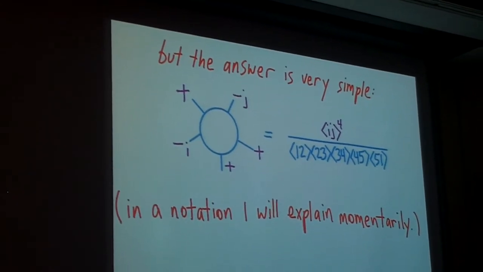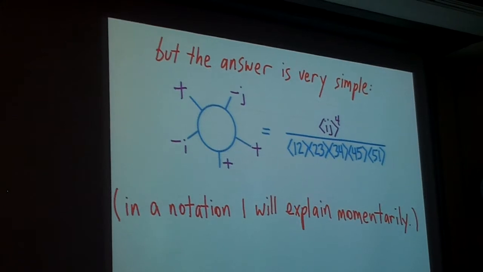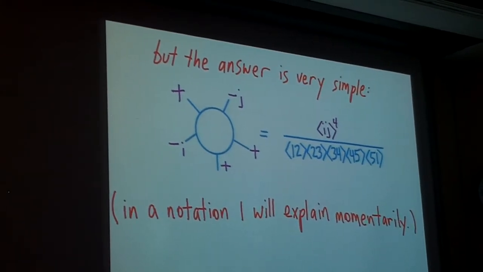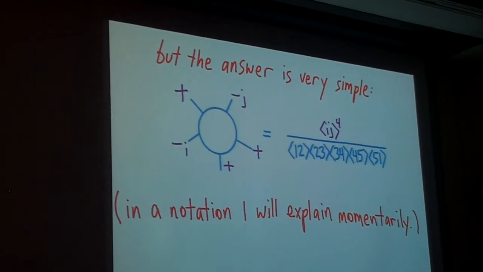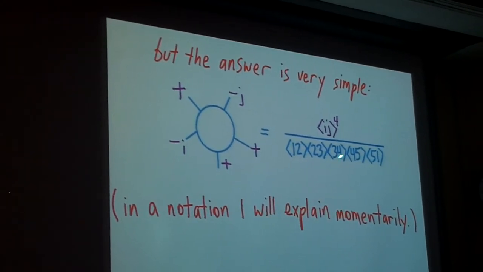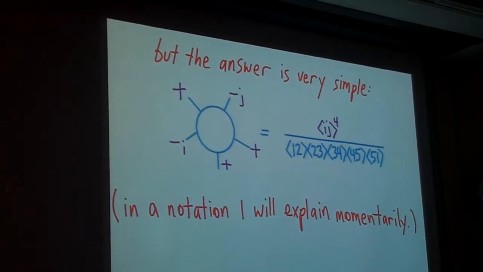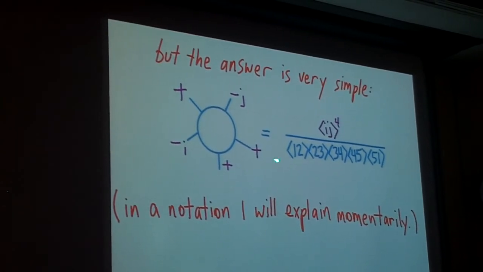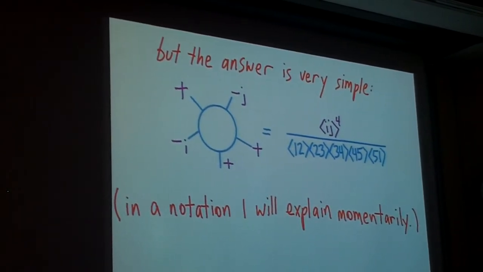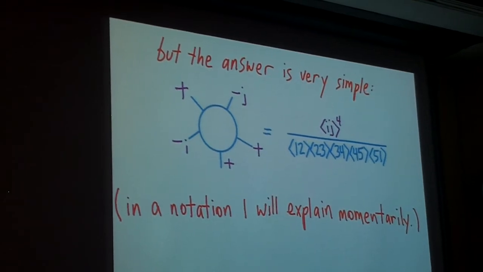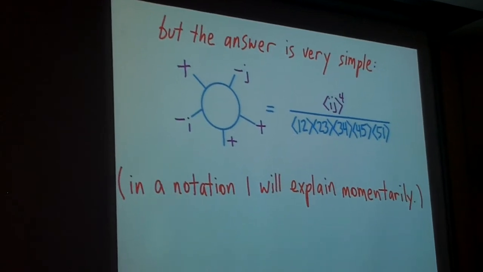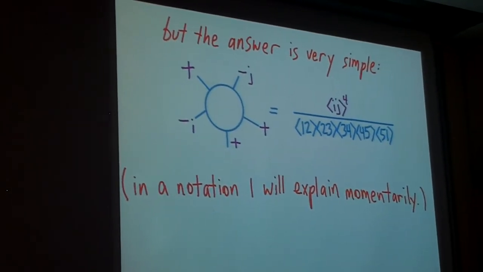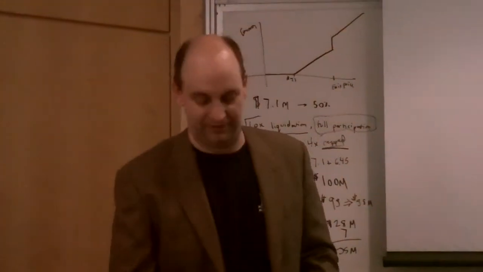Then I will quote without proof for you that the result for that scattering amplitude, after you sum all the 25 Feynman diagrams, and if you're lucky enough to see all the right cancellations, the answer boils down to just that single term, in a notation which, if you're not yet familiar with, I will introduce in a couple of slides. But the upshot from an exercise like this, even if you don't particularly care about the value of this 5 gluon amplitude,